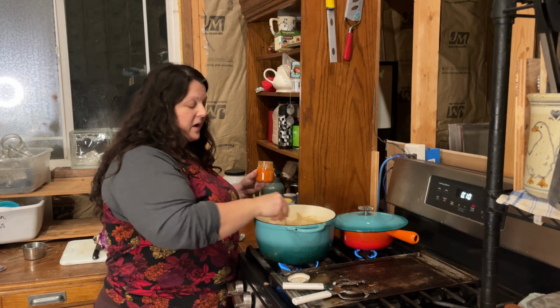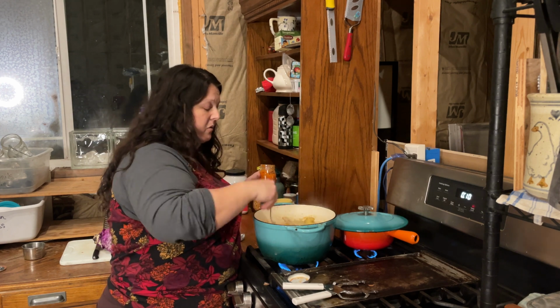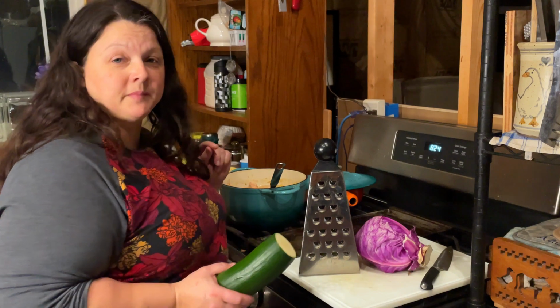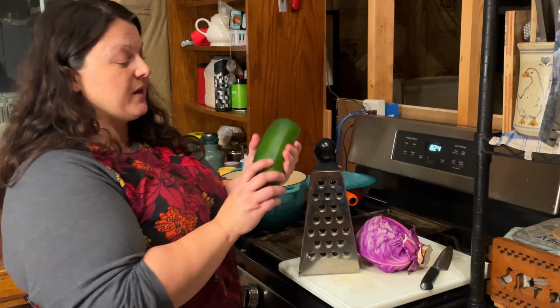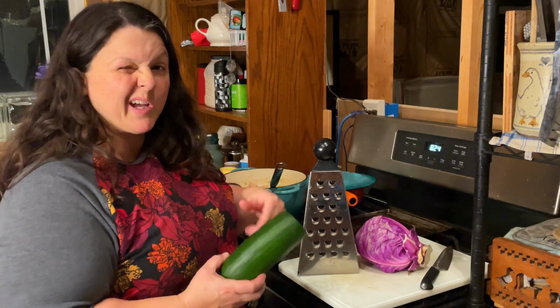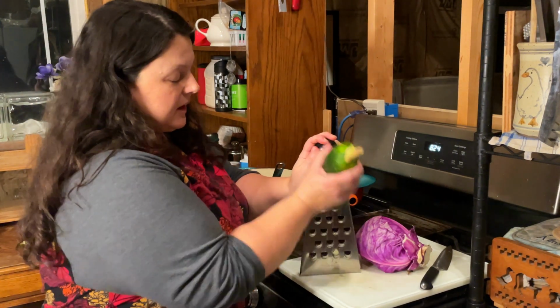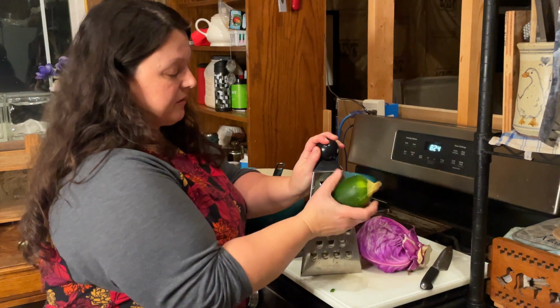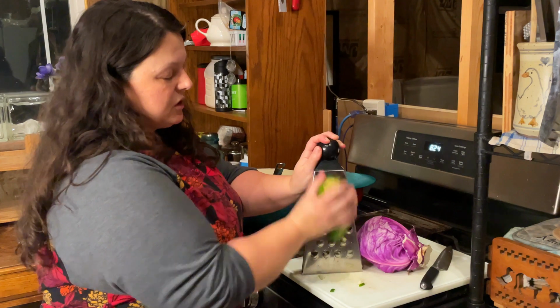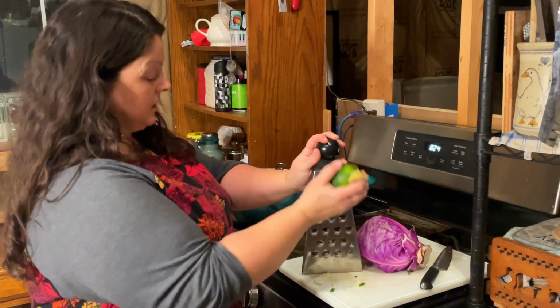Now all we have to do is wait for all of that coconut cream to melt down and our rice to get done, and then we'll put it together. Now while our rice is finishing steaming, I'm going to take one of our beautiful zucchinis from our garden and I'm going to use the big holes on the cheese shredder and make a little bit of a topping for our soup. Now you can use, like this is zucchini, you could use some julienne carrots if you want,